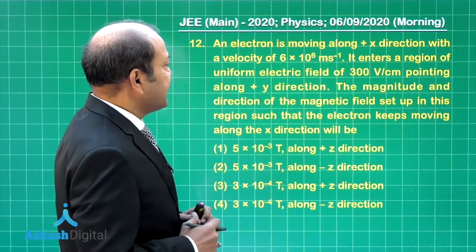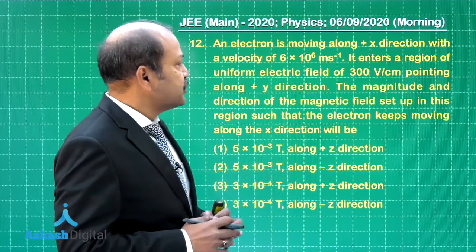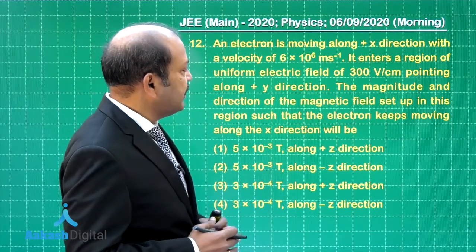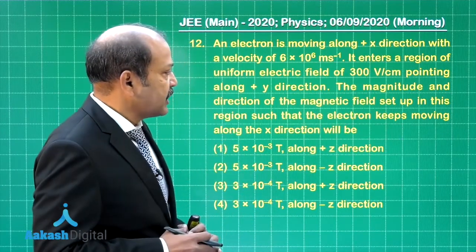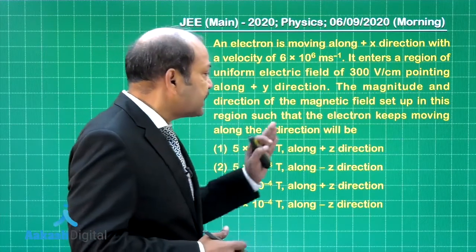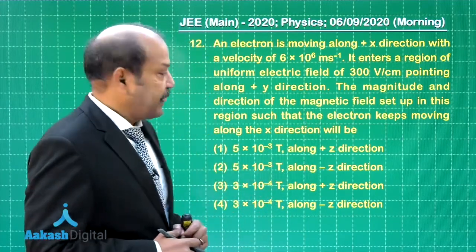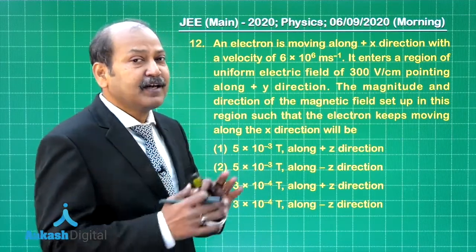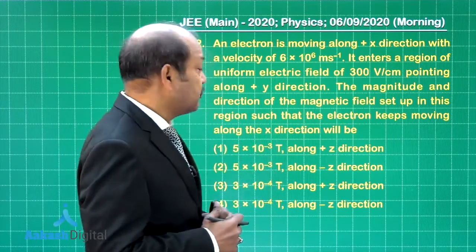Question 12 says an electron is moving along the positive x direction with a velocity of 6 into 10 to the power 6 meter per second. It enters a region of uniform electric field of 300 volt per centimeter pointing along the positive y direction. The magnitude and direction of the magnetic field set up in this region such that the electron keeps moving along the x direction will be. So, the magnetic force has to balance the electric force so that the electron keeps on moving along